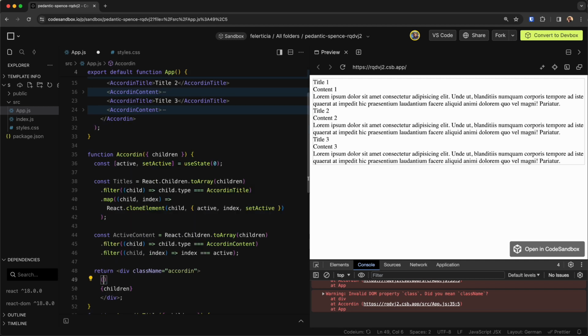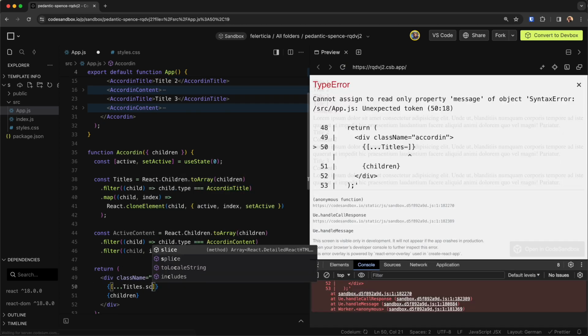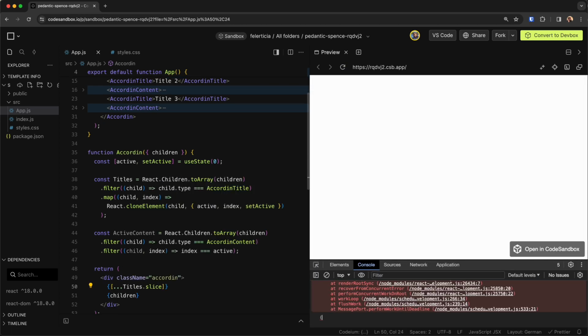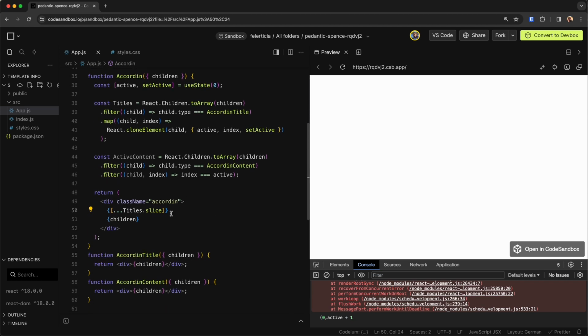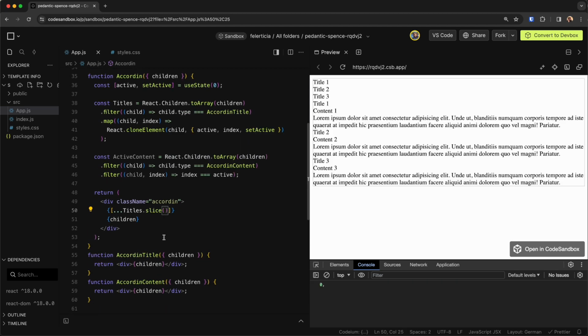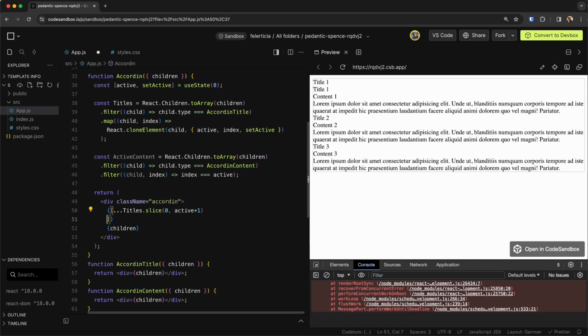So we can say here we want to have an array of elements. I want the titles, but I want to slice them index 0 until active plus 1, so that I can include this one. So if I say 0 until active, this will be removed. So 0 to, what happened here? 0 to active plus 1, and then